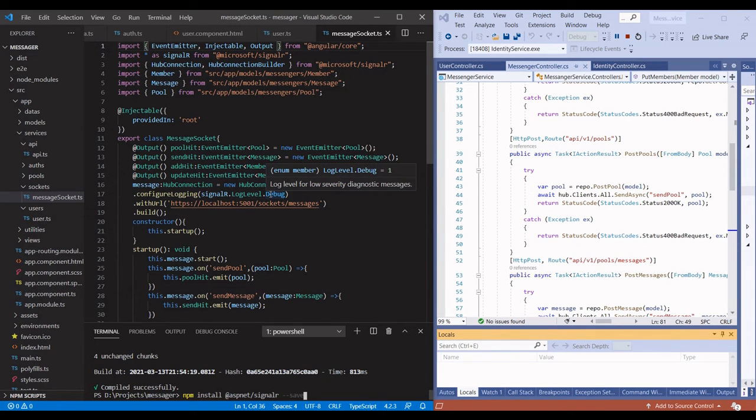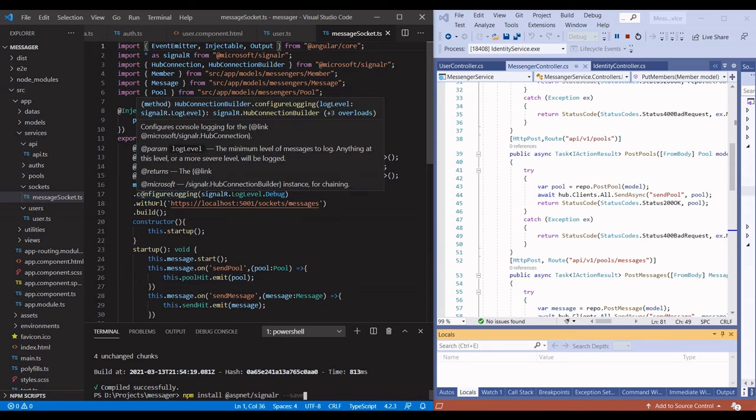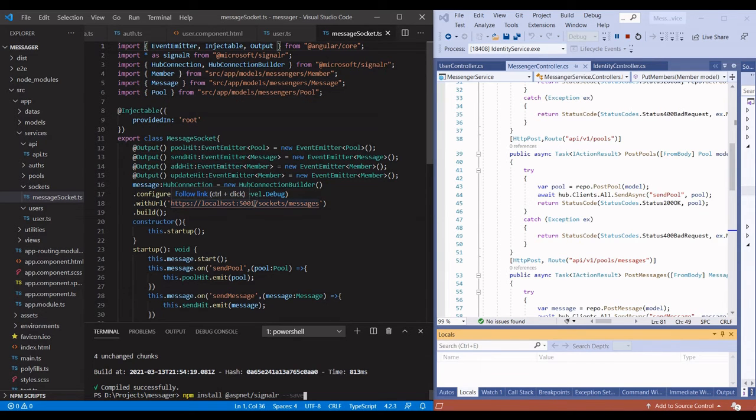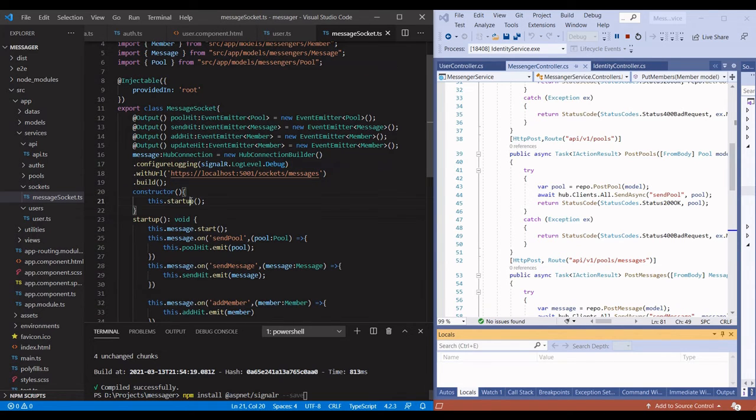You can change these levels or omit this as you like. We're going to define the URL, which is the messages URL, on port 5001. And we define the route to be sockets messages, and we did that in the startup folder. So on construction, we're going to start this up, and we're going to type in messenger.start to start